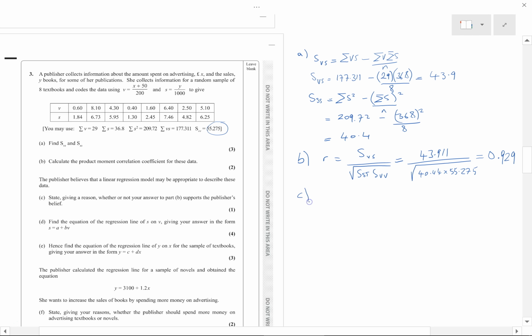Okay, part C. State, giving a reason, whether or not your answer to part B supports the publisher's belief. The publisher's belief is that a linear regression model might be appropriate. It's not appropriate to use a linear regression model if the data is very spread out, but if the correlation is strong, then linear regression is appropriate. So the answer is the correlation is strong. So yes,